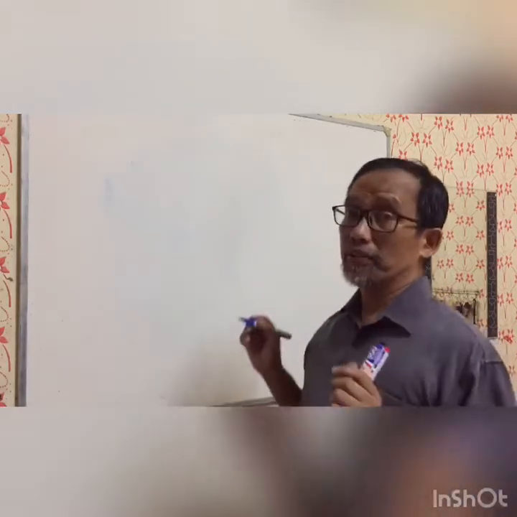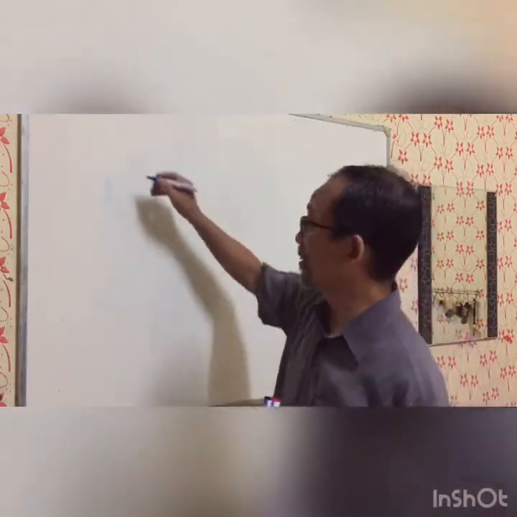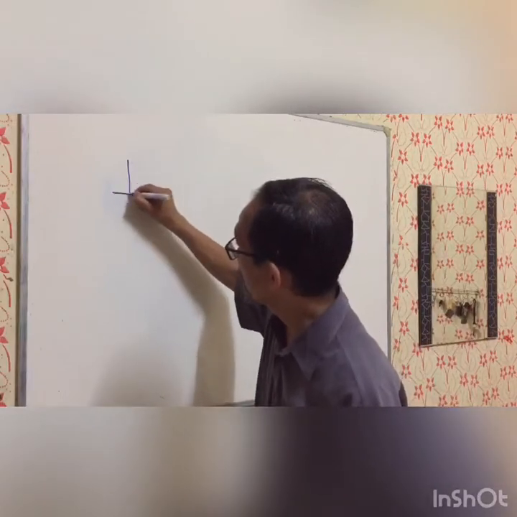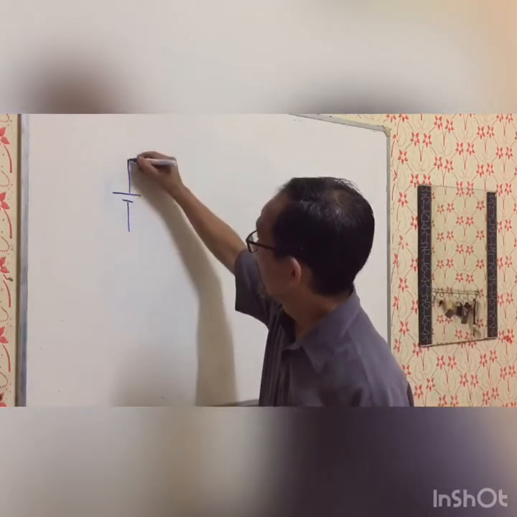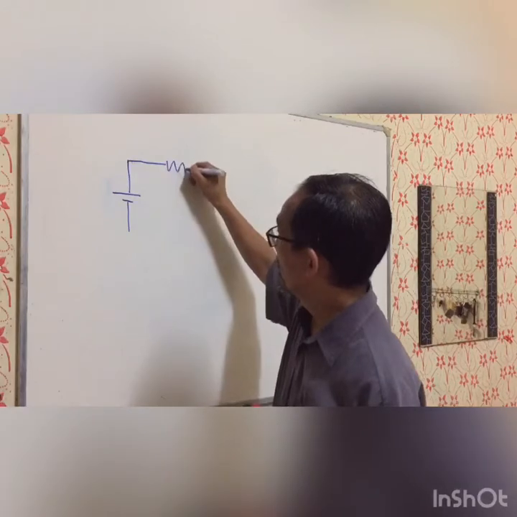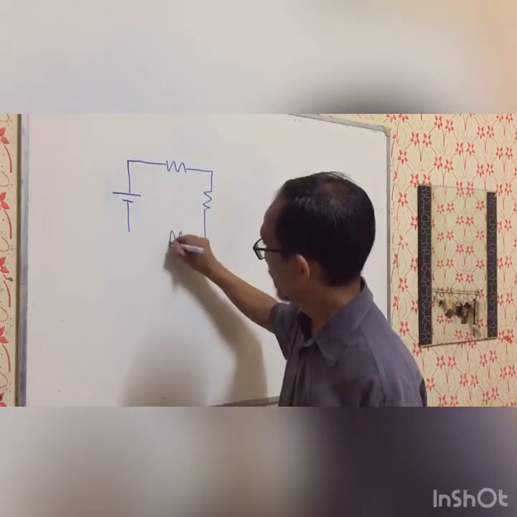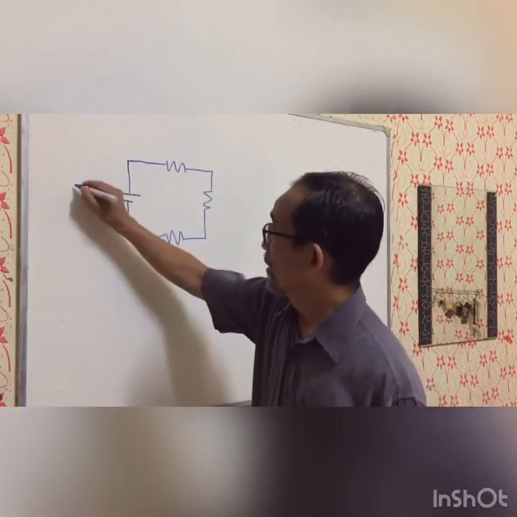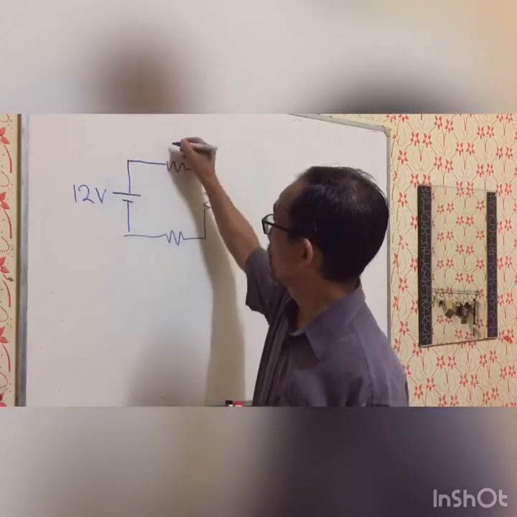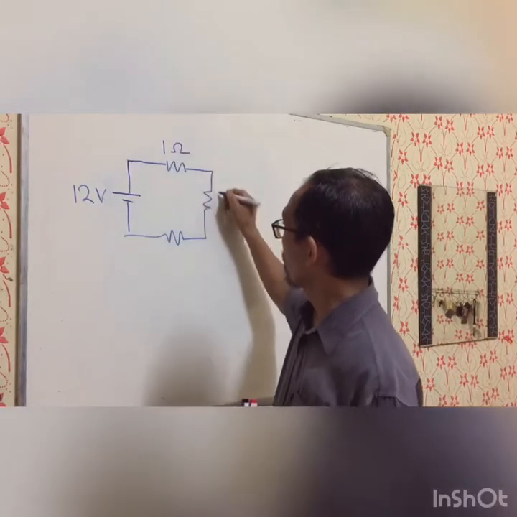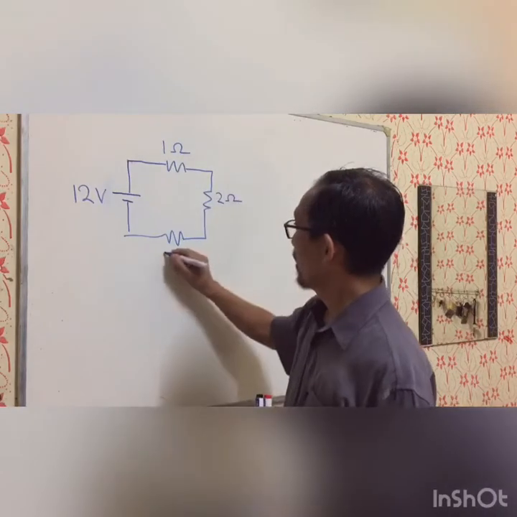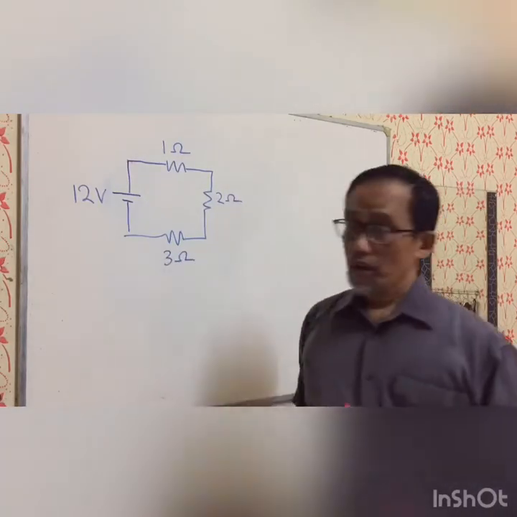This is Physics 2 DC circuit analysis. Let's say we have a battery and we have some resistors in the circuit. The battery is 12 volt. Let's say the resistors are 1 ohm, 2 ohm and 3 ohm. We can